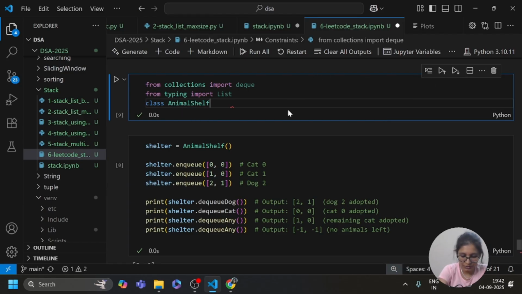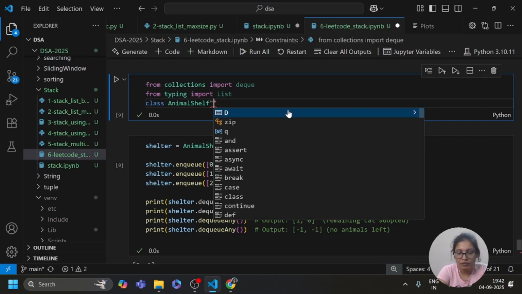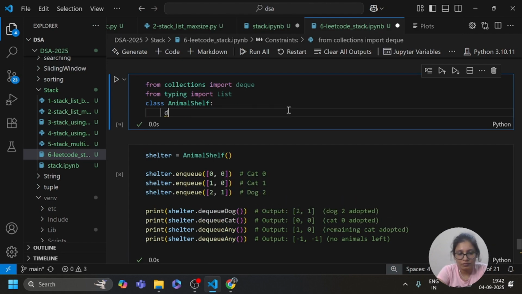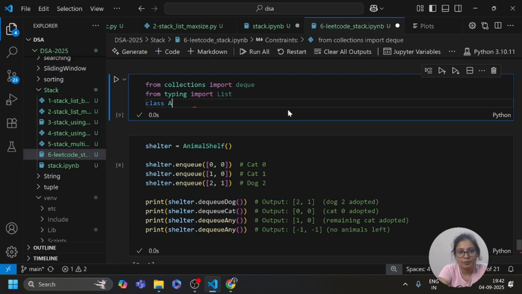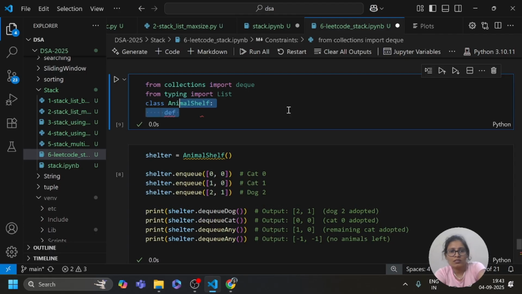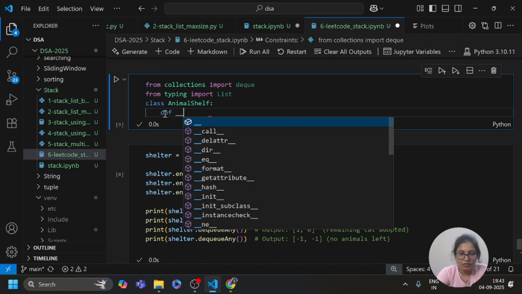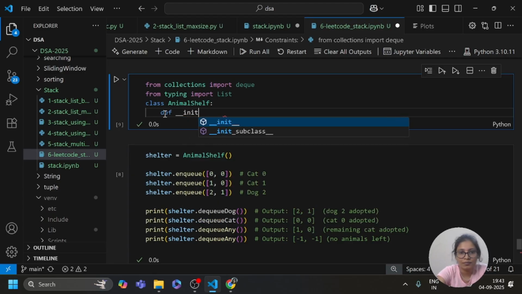Here I am going to create one function, the init function for initialization. I am going to pass the self argument here.